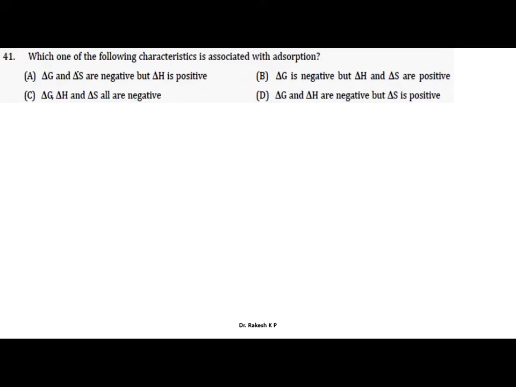Which one of the following characteristics is associated with adsorption? Okay, see this one here. They have given delta G, delta H, and delta S. We have to identify which one is positive and which one is negative. But we have to know that